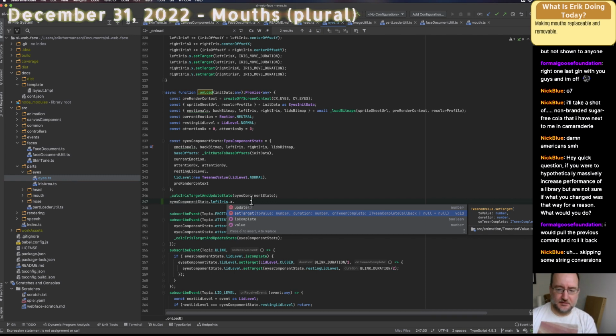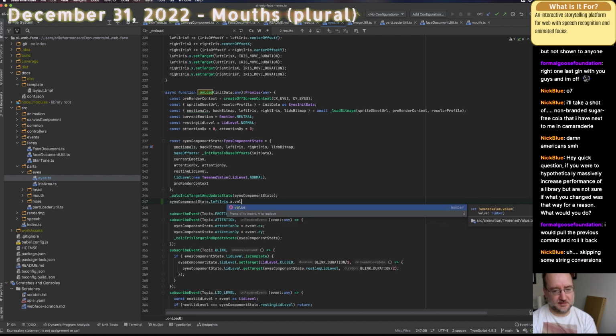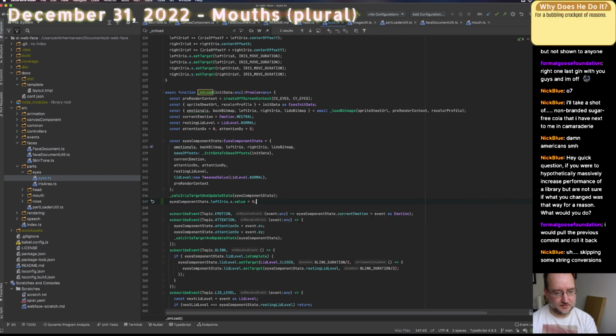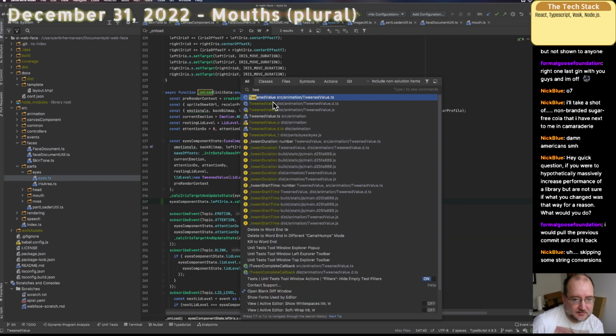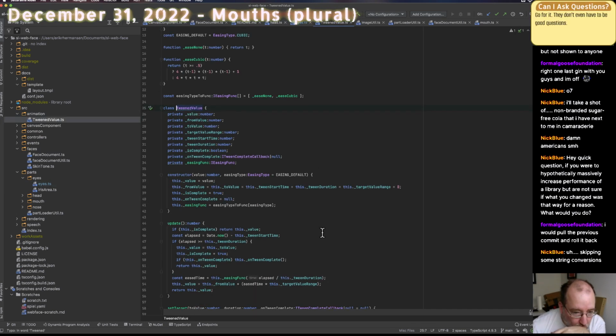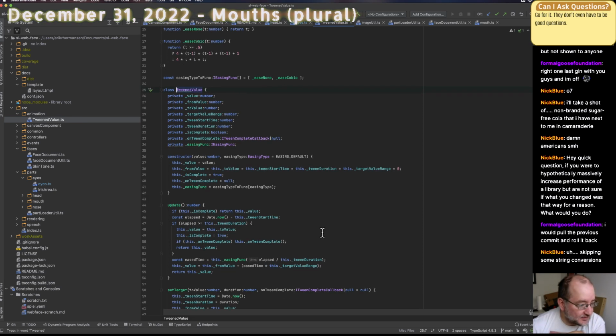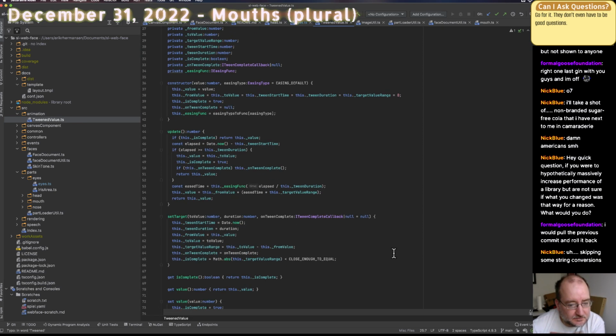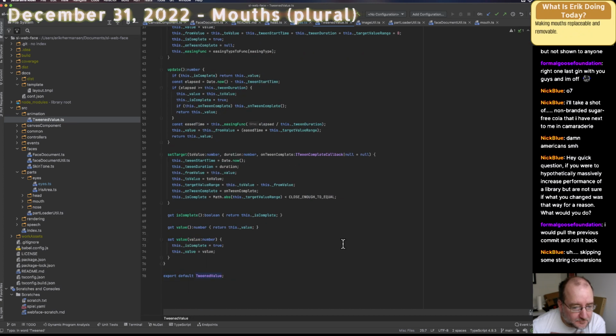Maybe. Or can I just set the value? Can I just say value equals 0? Oh, that actually works. Let me go look at this code. Tweened value. Some basic animation code. If I can set the value,